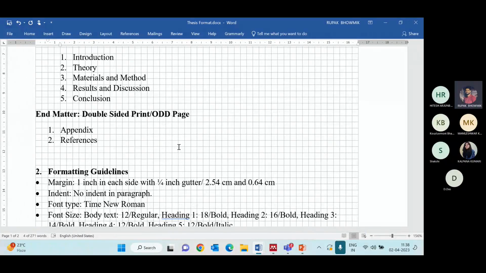So once you start from your odd page, you have to select the section break from odd page. But if it is a continuous document, you don't need to bother about all these things. Then you can select either the next page or continuous. But if the condition is that you have to start from odd or even,